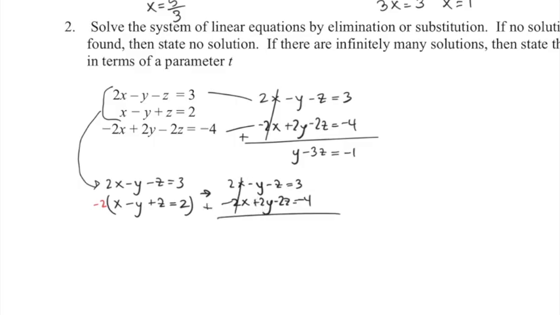In step 1 here and step 2, you have to eliminate the same variable. So then we end up with y minus 3z